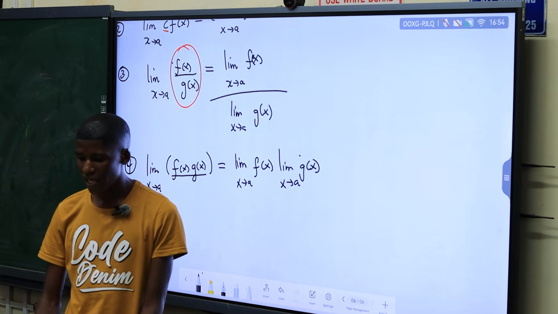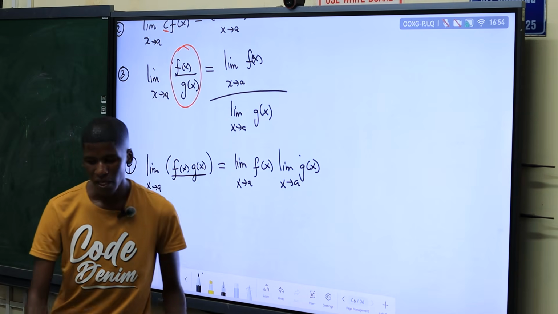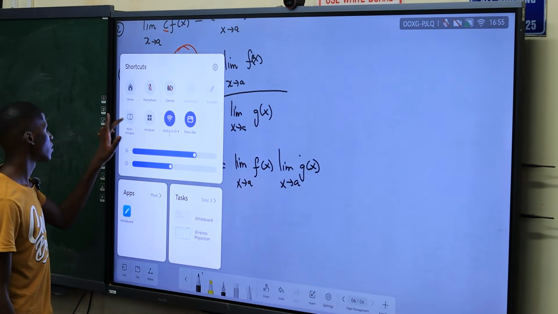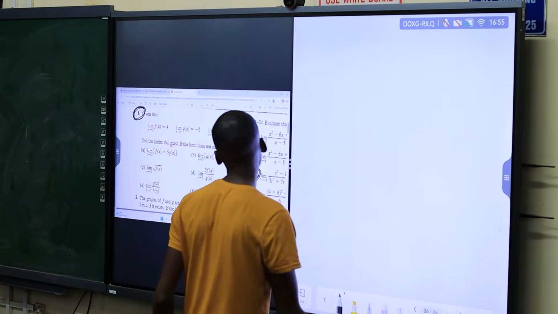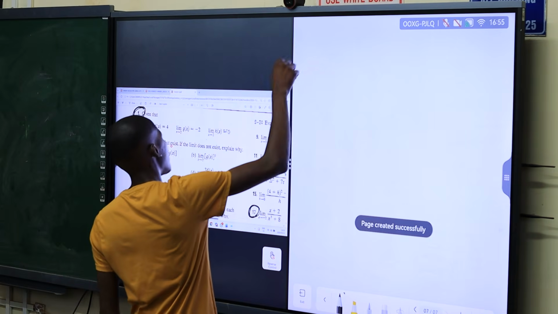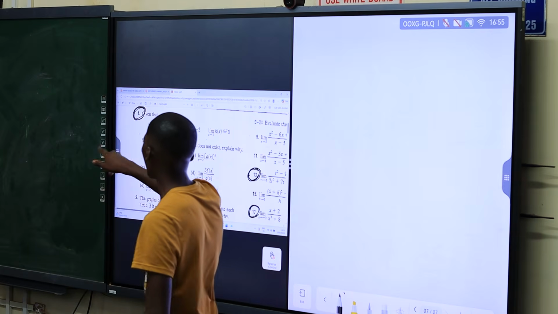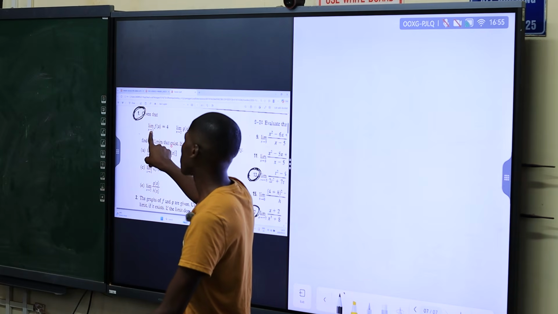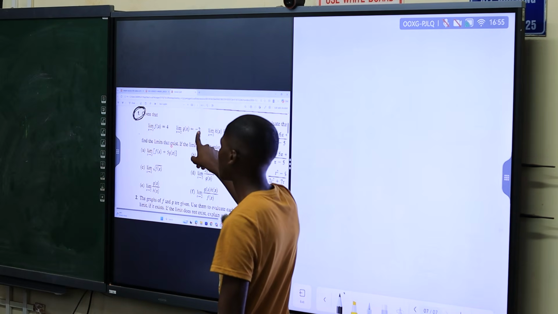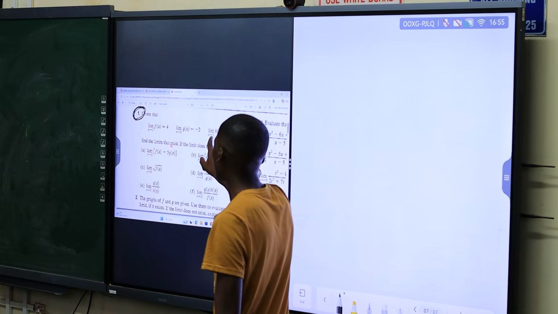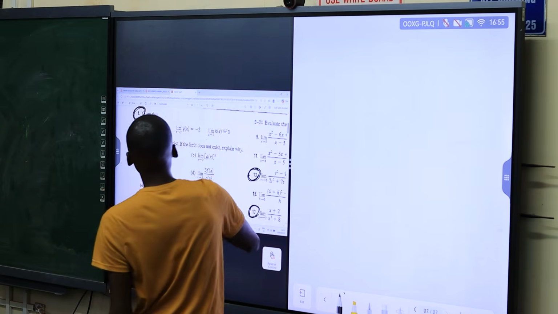So in your exercises there, you have something like that you need to do, on tutorial 1. On tutorial 1, we have the following limits. The limit as x approaches 2 of f of x is 4. The limit as x approaches 2 of g of x is minus 2. Then the limit as x approaches 2 of h of x is 0. Now they say find the limit.